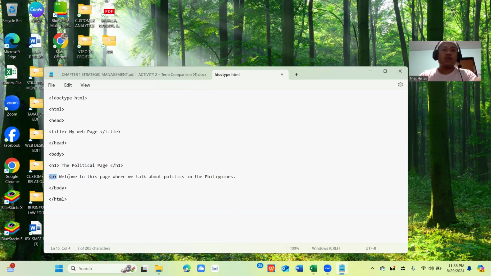Then since we put an opening tag, we have to also put a closing tag. The second one, if you wanted to add another section, let's just put H2 because that's the header number 2, and I want to name it as, let's say, the political families.